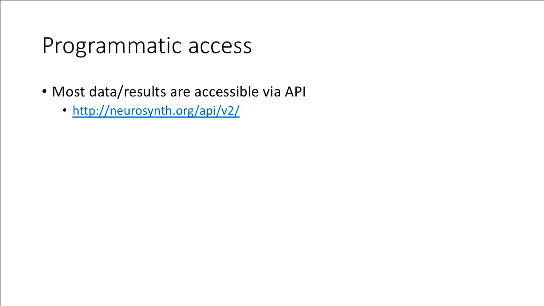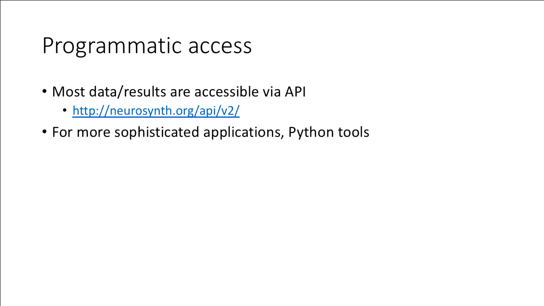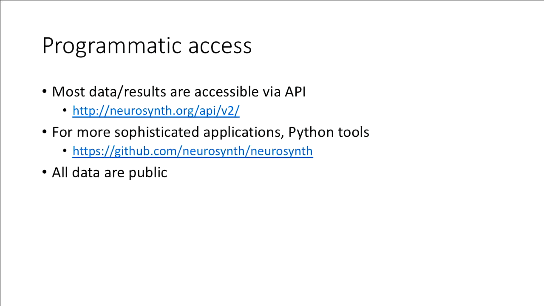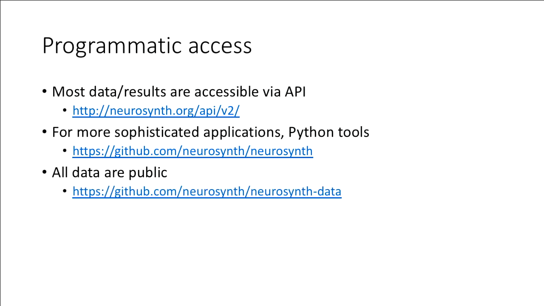What are the associations? For those of you who are more comfortable with code, we provide programmatic access. Almost everything on the website can be accessed via an API, and there's documentation. So please don't scrape the website for 200,000 images. We can make that much easier for you. There are Python tools for more sophisticated applications. Importantly, all of the data are public. Everything is in the public domain. You don't need to email me for permission. Do whatever you want with anything. In fact, maybe drop me an email and tell me what you're doing because I like to hear, but don't write me a long email saying, could I please do this? And yes, the answer is yes.